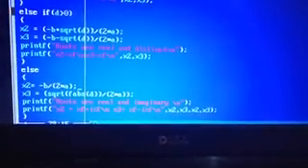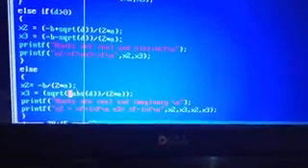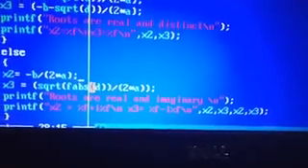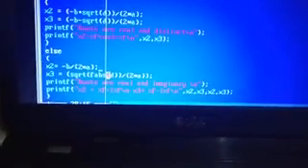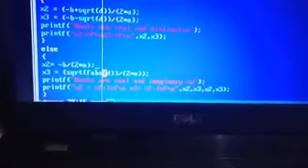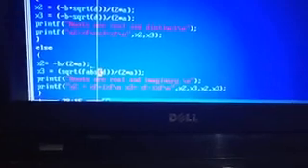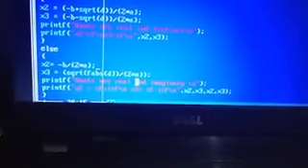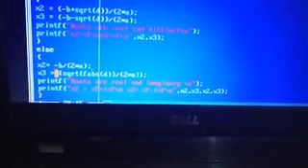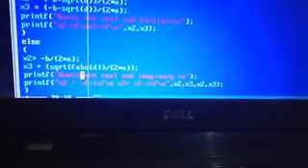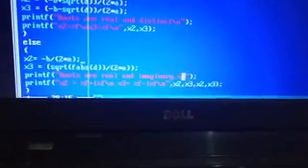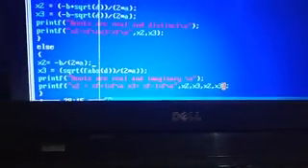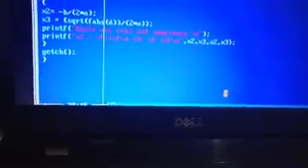And the second case, the square root of, I am taking fabs of. Fabs means an absolute value, the float absolute value. Always the absolute function can be used to make the negative to the positive. Here the square root of fabs of d divided by 2a to calculate the other root. Then I am printing that the given roots are real and imaginary. To print the same I am using x2, x3, x2, x3. Then I am getting the output clear.